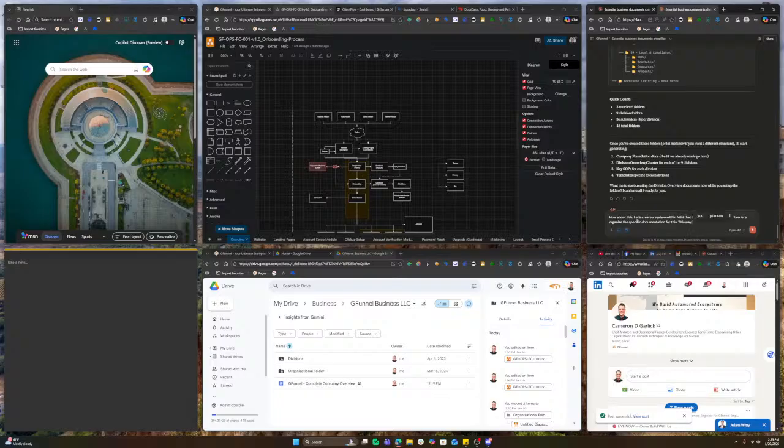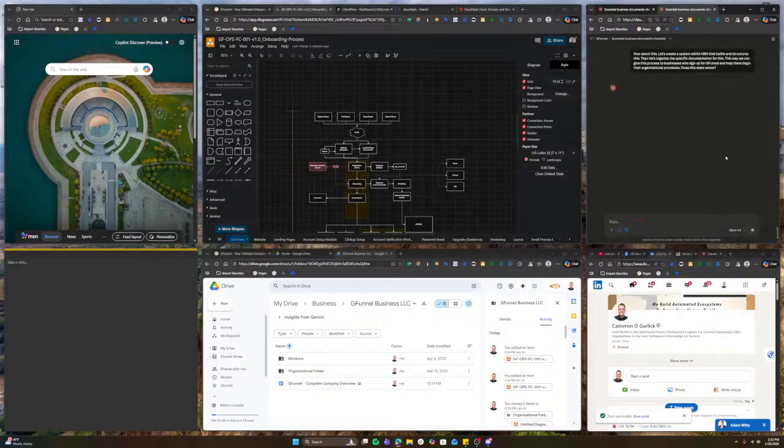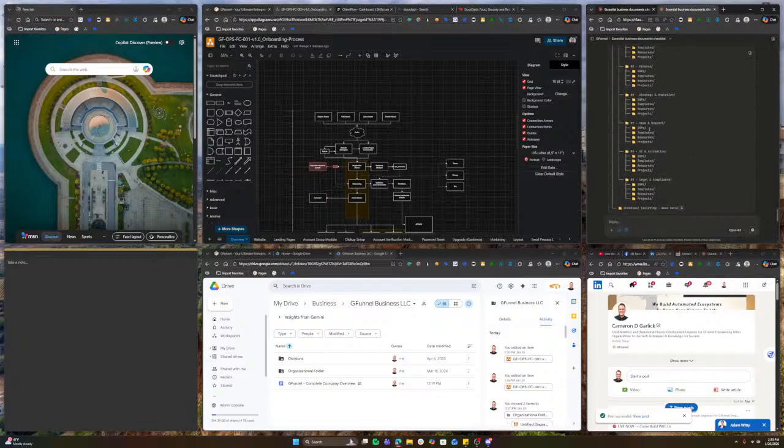This way we can give this process to businesses who sign up for GFunnel and help them begin their organizational processes. Does this make sense? I always ask that question at the end of AI. Does this make sense? Okay. So now it's going to start